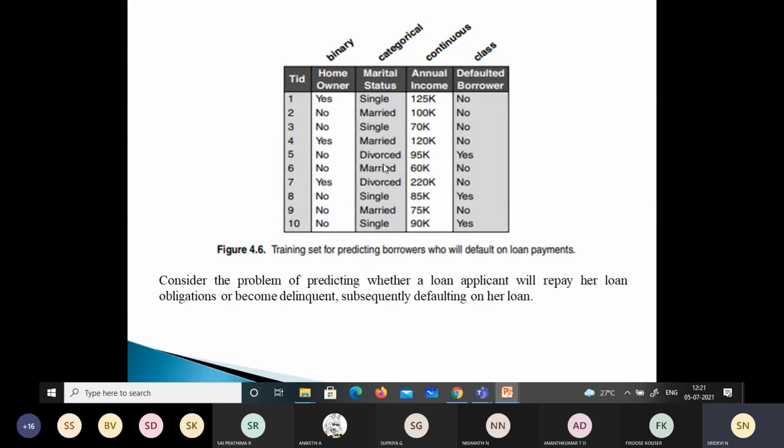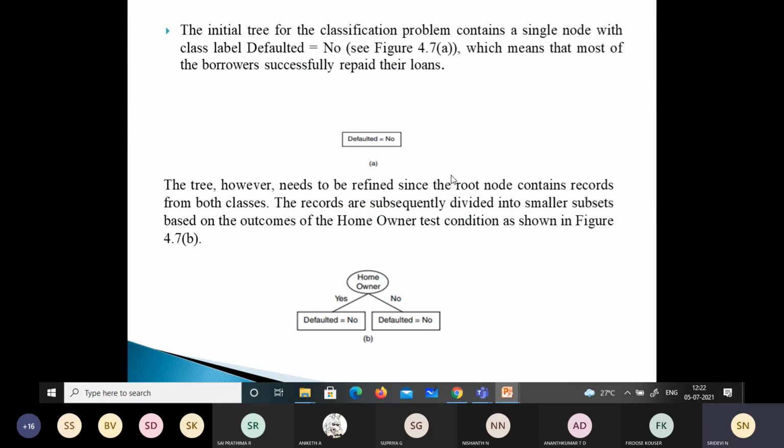Again we have no, yes and no. So we understood that there is a mix of classes here, like there are different categories of people, no and no, yes, both are there. So we need to further split this node. So this becomes your impure node. Here we cannot split it further, that becomes purer.